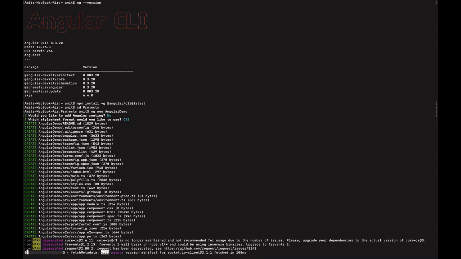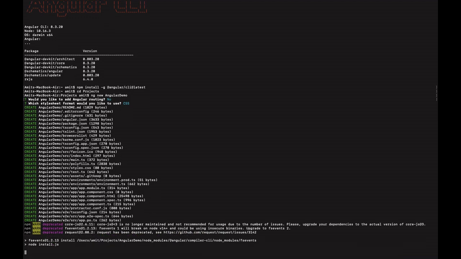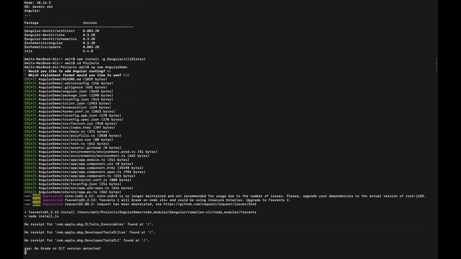So this is how you have to create a new project using Angular CLI. As you have seen, I wrote just a few lines of commands into the terminal, and it will give me a brand new project. We'll discuss which kind of files are going to be generated with this command line interface, and we'll see how to open that project in our VS Code. So let it complete the installation. Here you can see it has successfully